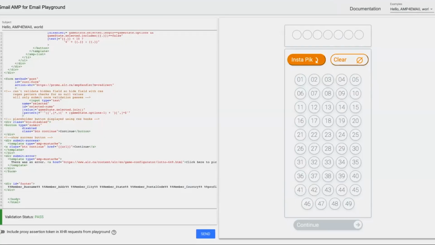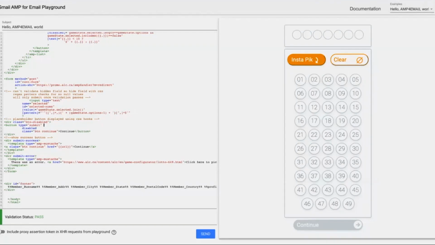In this first example, we see part of an email that I used for a lottery client. Now, while I can't share details of the actual campaign, I can show you this main functionality. Here, the client wanted to create a lottery ticket selector, where customers can pick their winning numbers right from within the email. Additionally, the number of available numbers can change based on which game the subscriber is playing. So here we can see that we've got 49 options here, but this is totally variable. So when the email is opened, it will go and display the list of numbers based on the selected game.